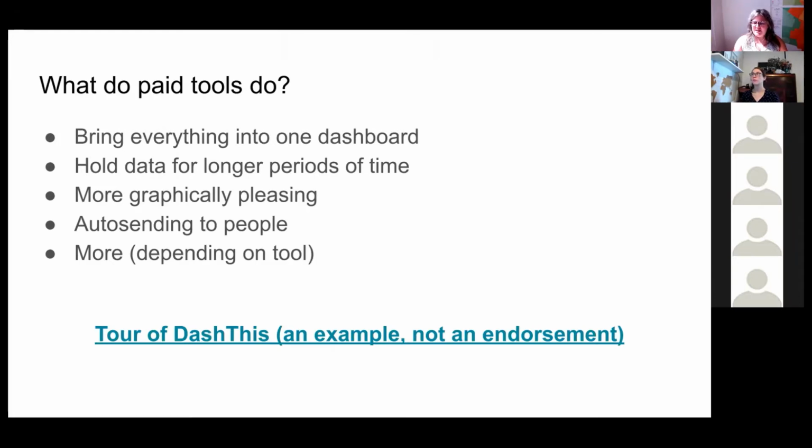This one's $100 a month. Other ones, especially if you're looking at just Instagram tools, might be less expensive. It might be $10 or $20 a month for the paid version of that Instagram tool. But it basically takes the manual labor away from you, and it makes it look nice, which, especially